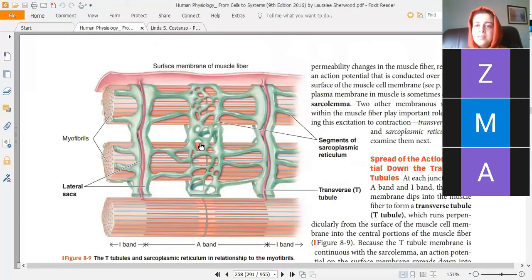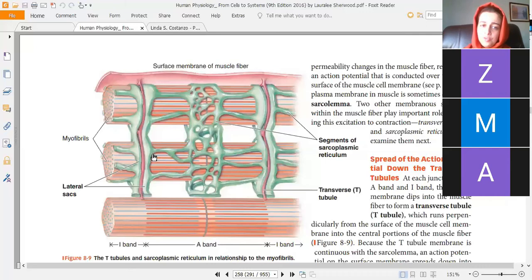The sarcoplasmic reticulum is encircling, like a net sleeve around every myofibril. It is surrounding the myofibrils like a net sleeve. But at the point where the cell membrane dips in to form the T tubule, and that is a point between A and I band. Between A band and I band are T tubules present, which are simply invaginations of the cell membrane, so that not just the peripheral myofibrils, but the internal myofibrils can also be exposed to extracellular fluid.